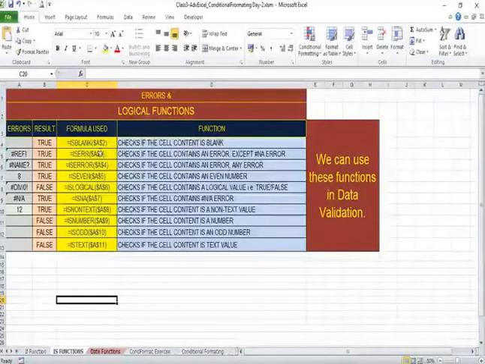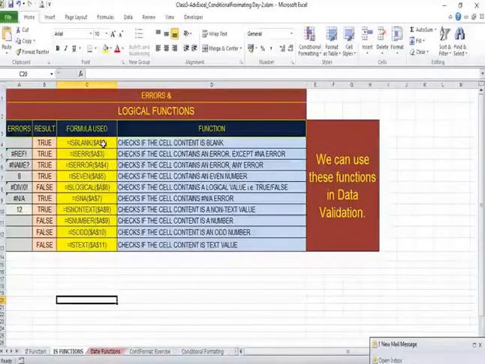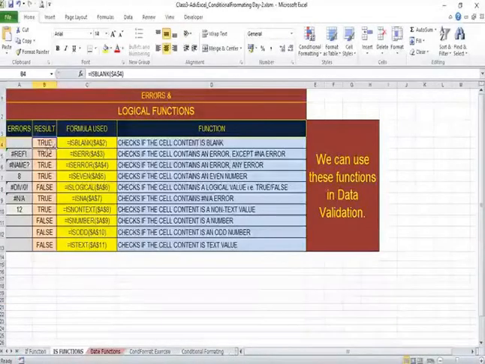One most important thing about this function is that it is a logical function. So any IS function is a logical function in the same line. So ISBLANK will check if the cell value is blank. So here we are checking if A4 is blank.